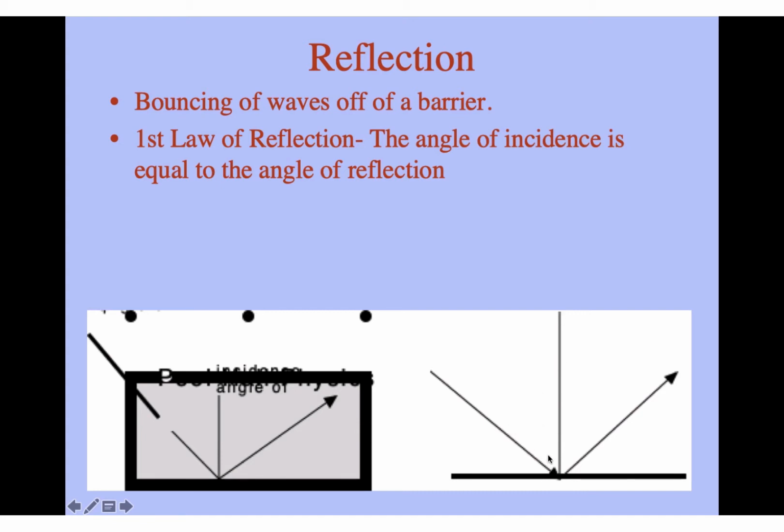Now, the reason they use a line like that instead of measuring this angle down here is because maybe the surface is warped. Maybe it's a curve. Maybe it's like a sphere or something like that that reflects. So if you measure perpendicular from the point that it strikes, that's always going to be the same, right? And so it just gives a better judgment, a better measurement. And so this is the angle of incidence, and it is equal to this angle of reflection.